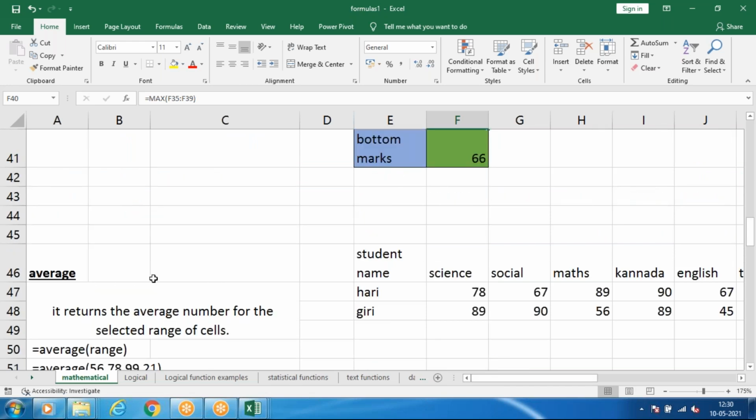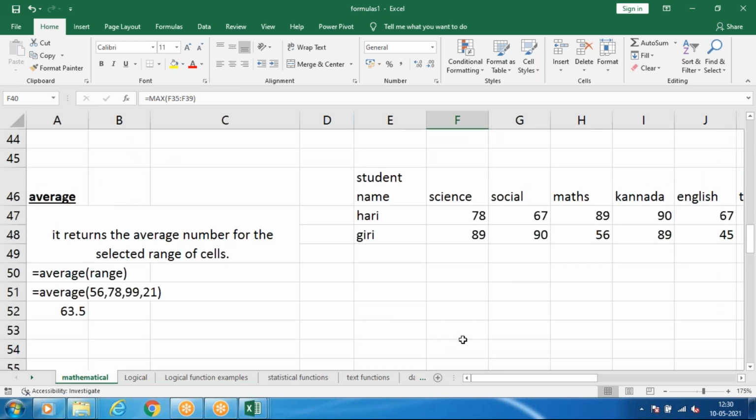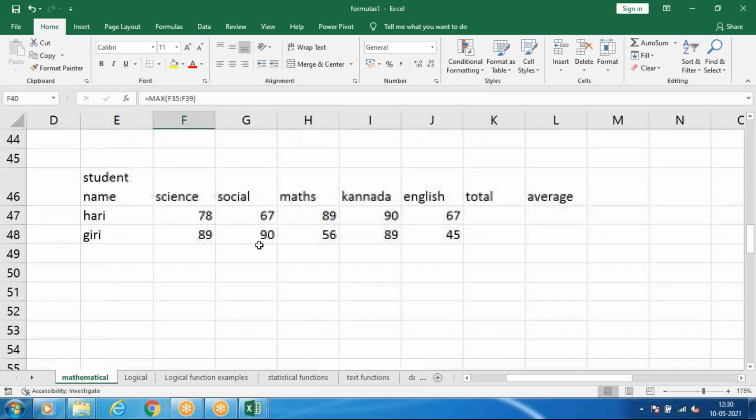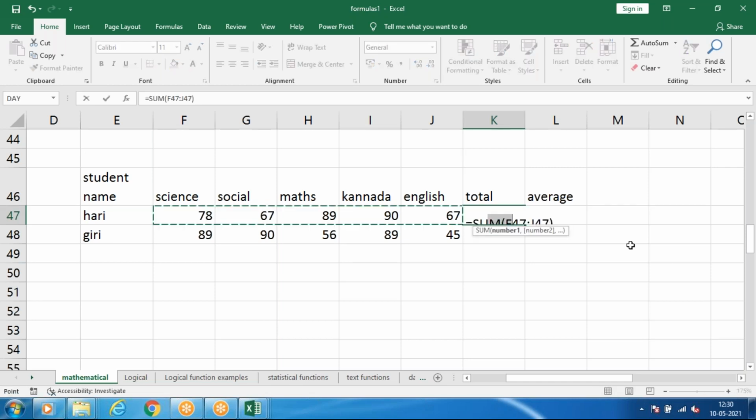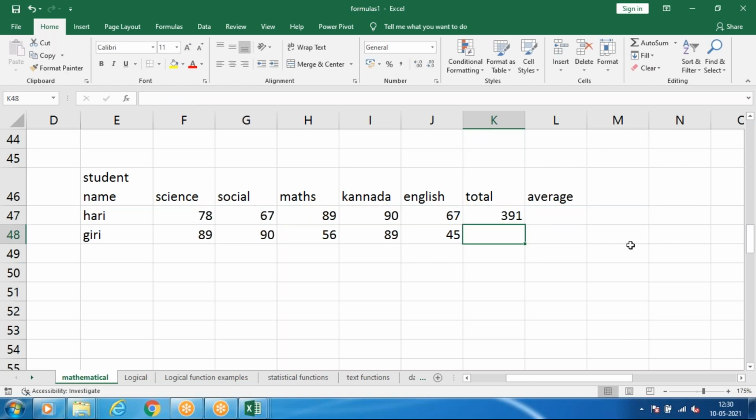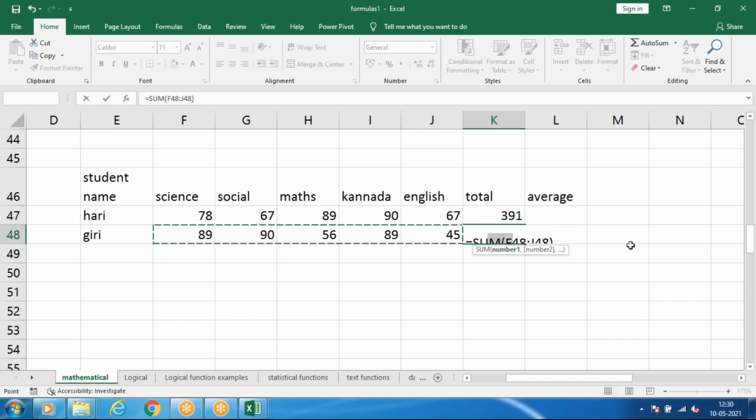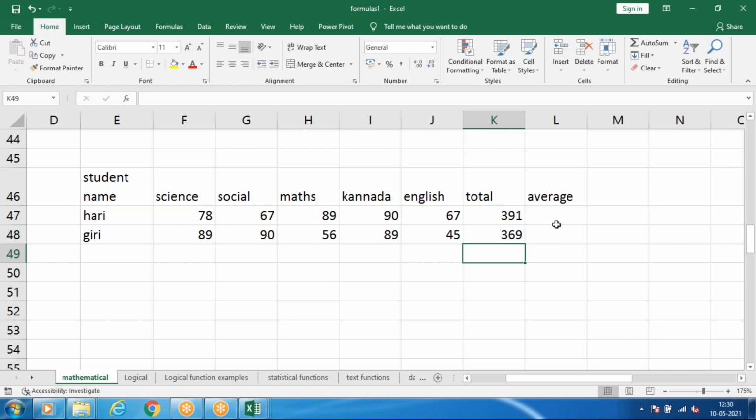And for average also similar concept. So I have 5 subjects and 2 students. First I'll find the total with alt equals. Again alt equals. So what is average? Generally, if you don't have the formula, how will you find the average value?